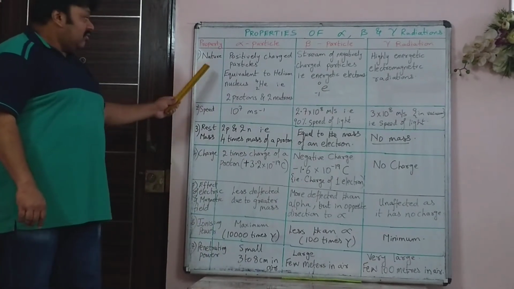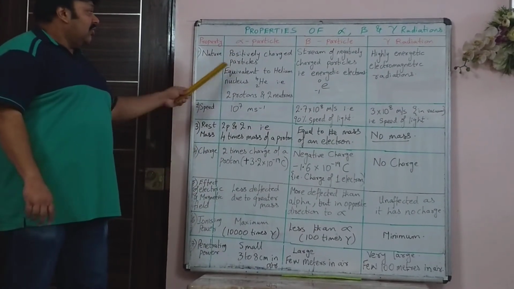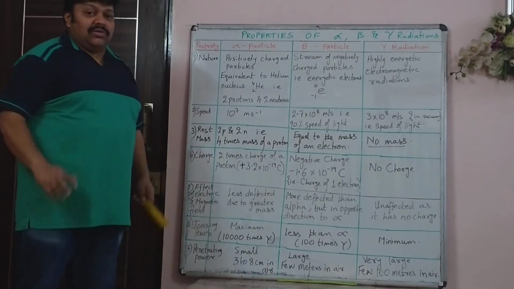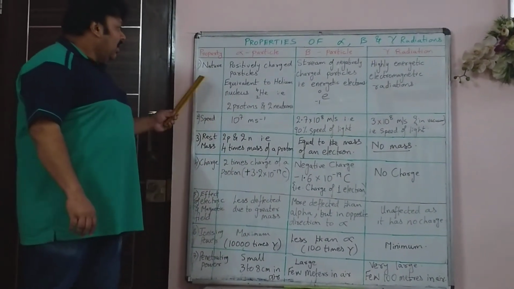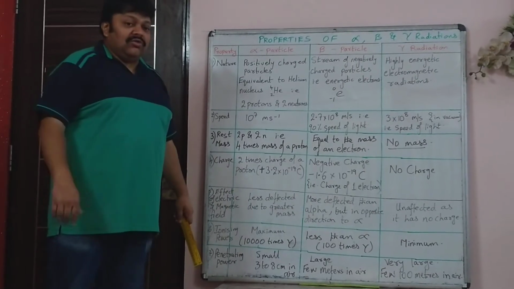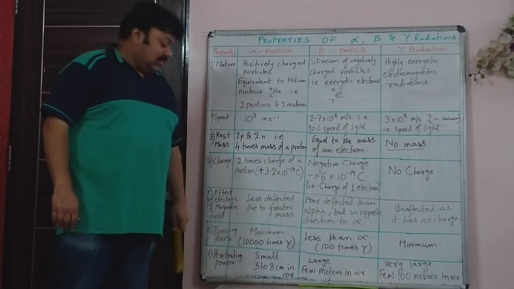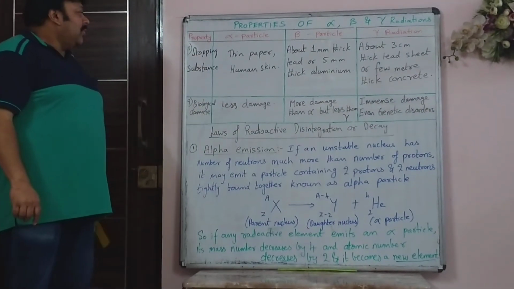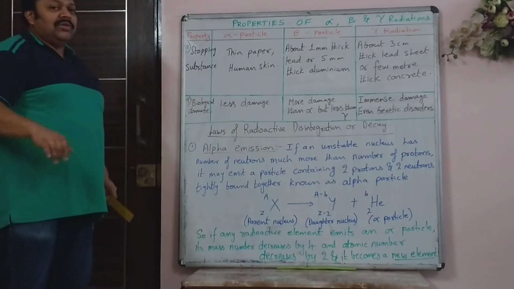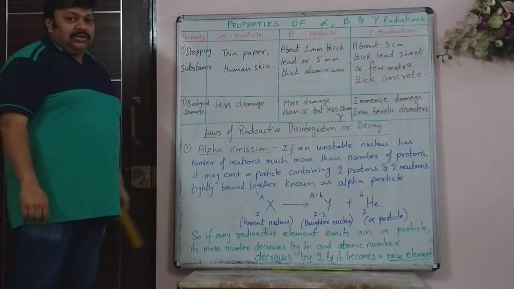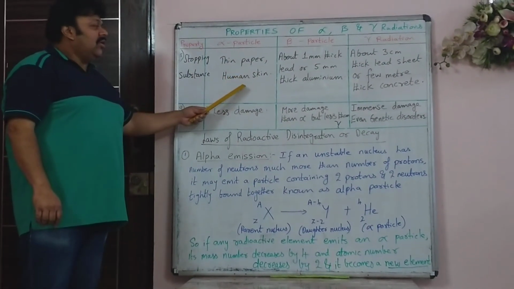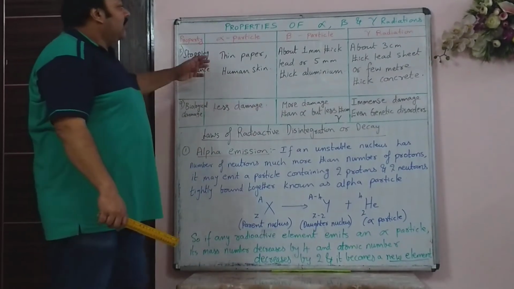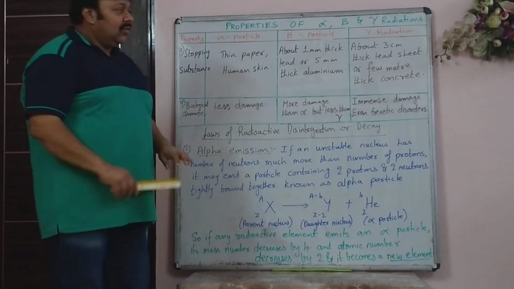So now the last 2 I will write in the next frame on top. That is the 8th point, what stops these substances, what material is used, and the 9th, the biological damage of alpha, beta and gamma. So the last 2 properties: stopping substance means what will stop an alpha particle. You have thin paper or human skin, so it will not penetrate the human skin. Alpha particle has less penetrating power.